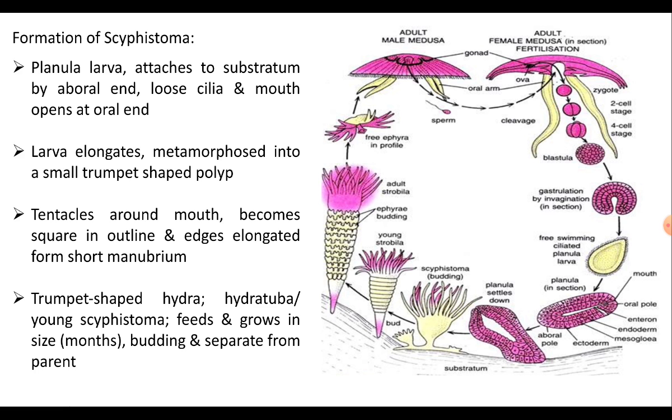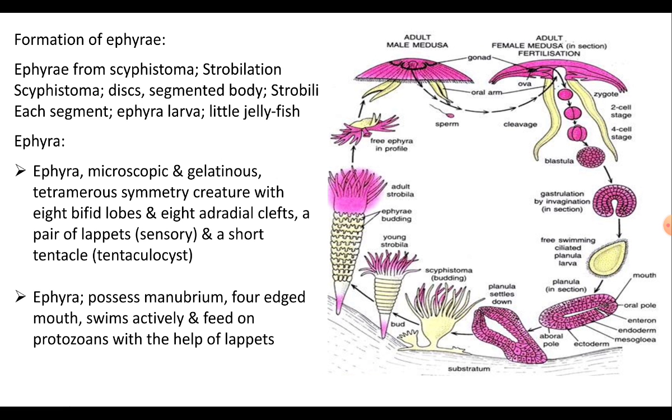The last stage is the formation of ephyra. During favorable conditions, that is, during autumn and winter, scyphistoma undergoes a remarkable process of budding or transverse fission of the oral end called strobilation,